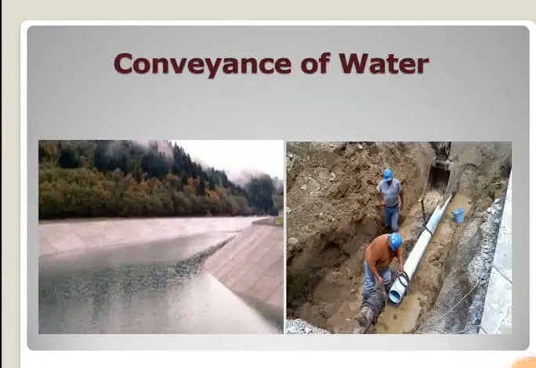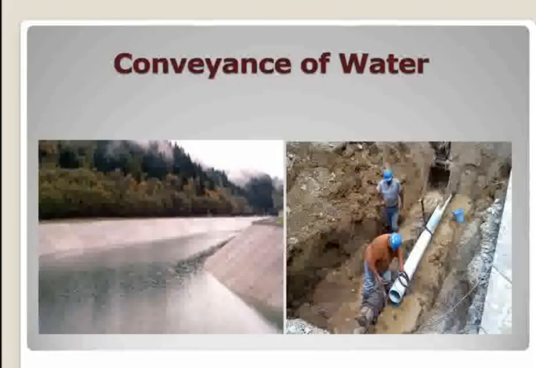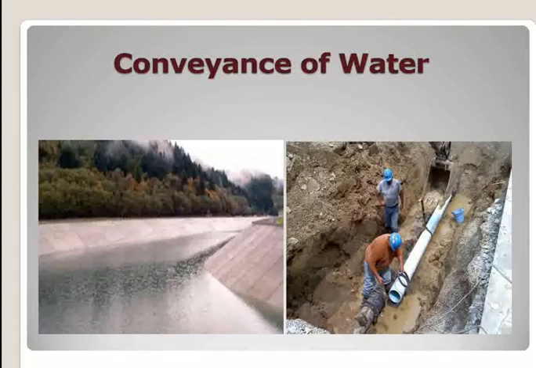So now we will see what the various types of conduits or conveyors are. After the water is collected, it is conveyed to the city by means of what we call conduits. So what are the different types of conduits? Like the system itself, the conduits also may be classified as gravity conduits and pressure conduits. If the source of supply is underground water, usually there is no problem, as these sources will be mostly in the underground of the particular city itself where we plan to provide the water.